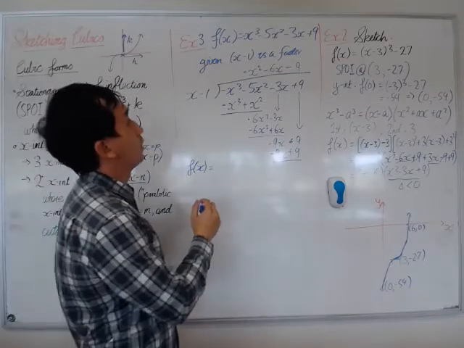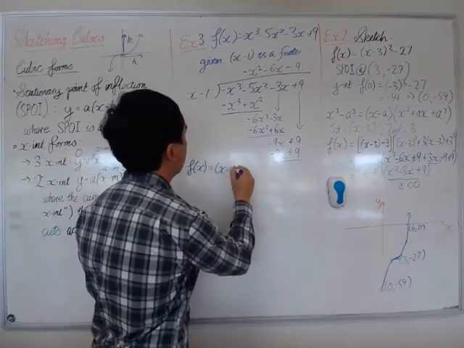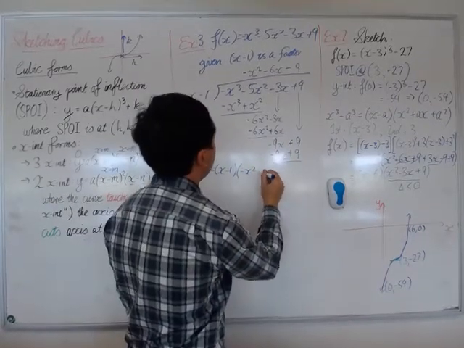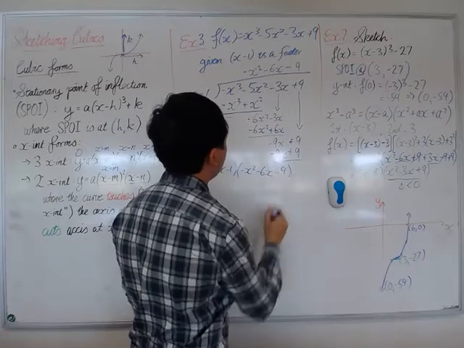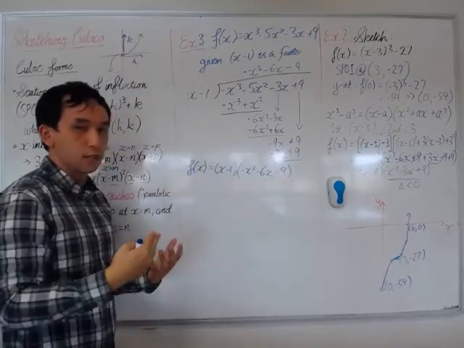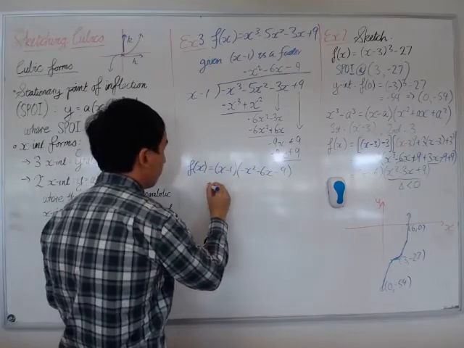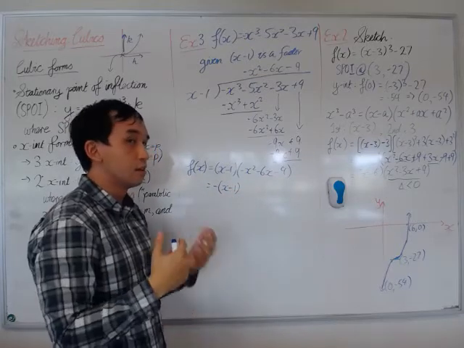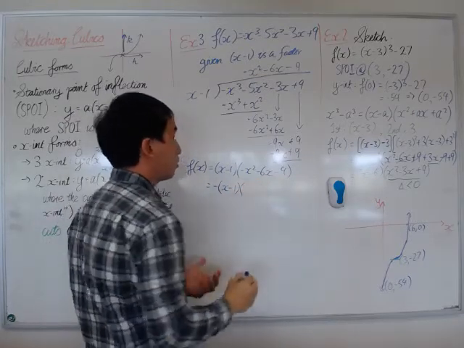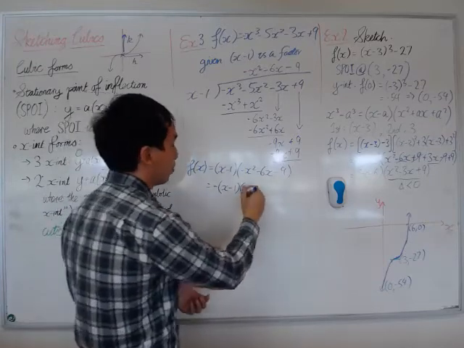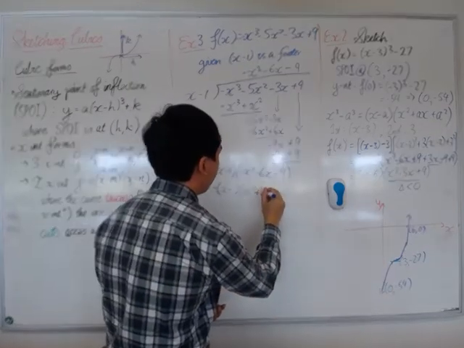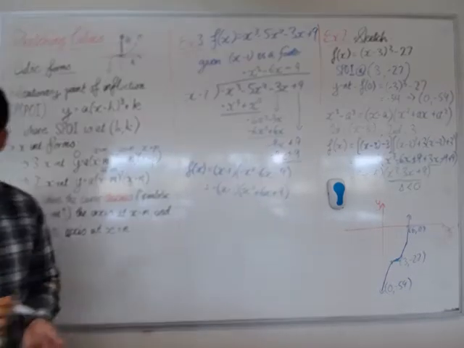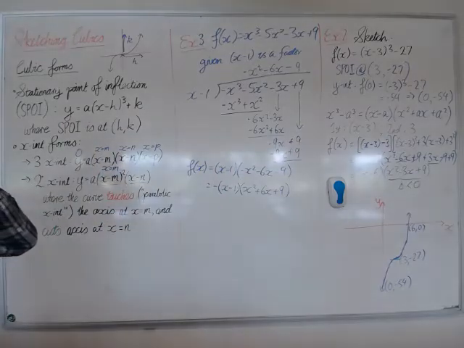So we know that f of x factorizes to x minus 1 times negative x squared minus 6x minus 9. Right, we see there's a lot of negatives here. Let's take a factor of negative 1 out, just to make our life simpler. So I'll just put it at the front here. Remember, multiplication is commutative, so we can multiply in any order. Okay, so since we got up to this step over here,